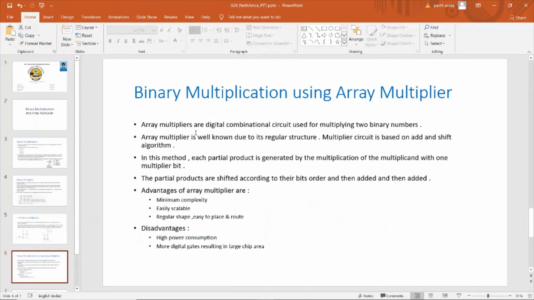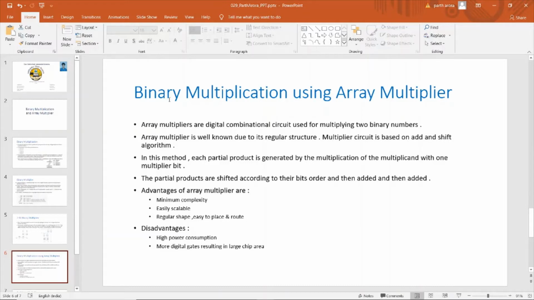Now we will study the array multiplier. Array multipliers are an efficient digital combinational circuit to compute binary multiplication. The array multiplier is very well known due to its regular structure.